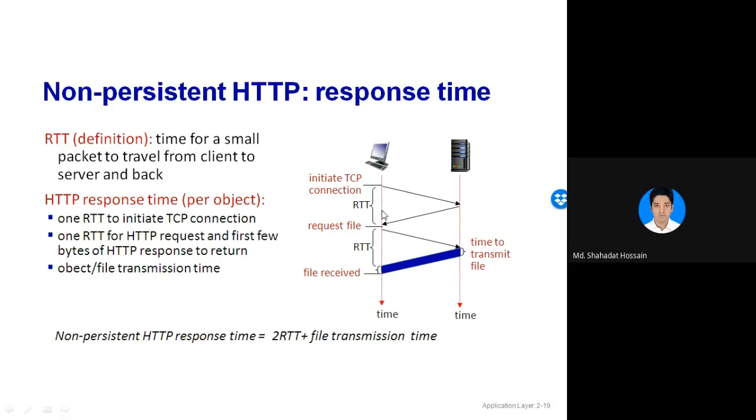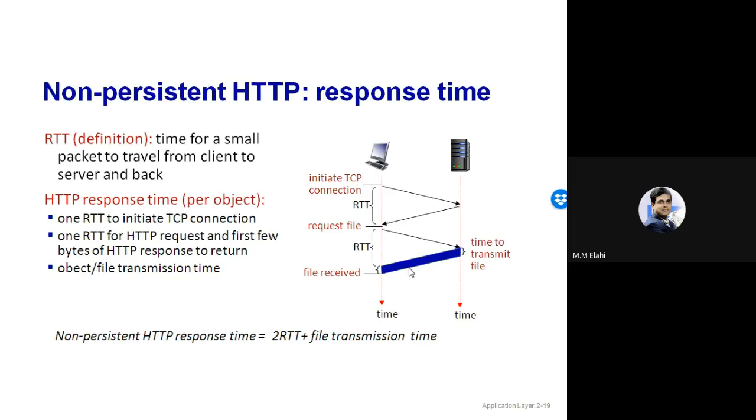Yes, sir. For the TCP connection, when it says small packet, what does it mean? It means the packet only contains a few bytes, since in the TCP connection there is no data, only header. So these are small packets. One RTT means a connection request and the response. That is one RTT. Again, after the connection is established, a file is requested, right? The HTTP request again is small because there is no data maybe. For the HTTP response, at the end of the response, the server sends the entire file.